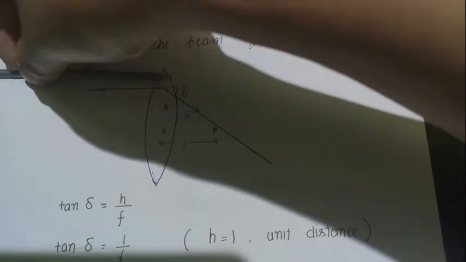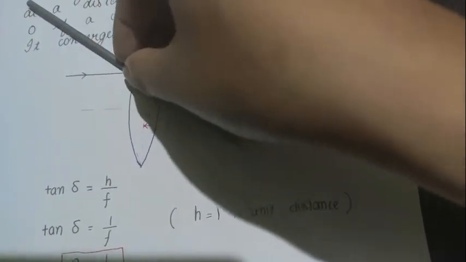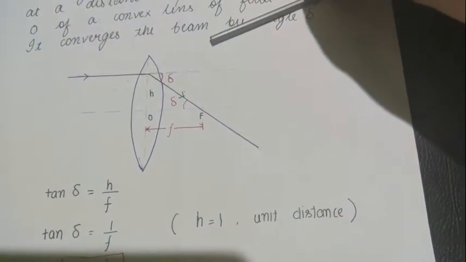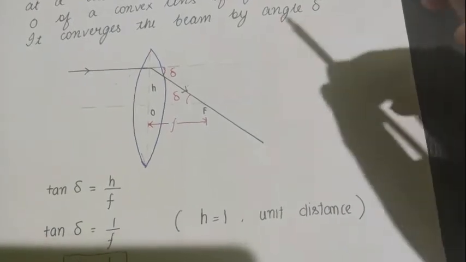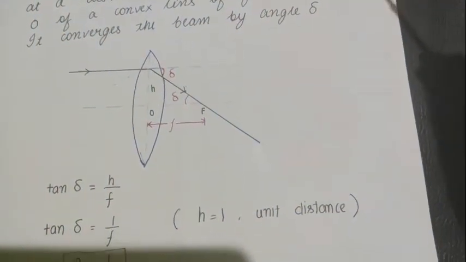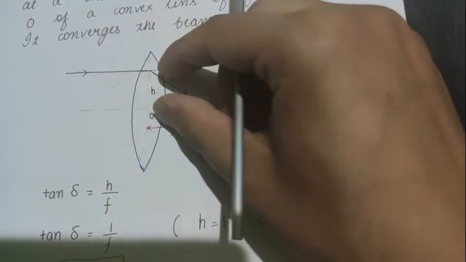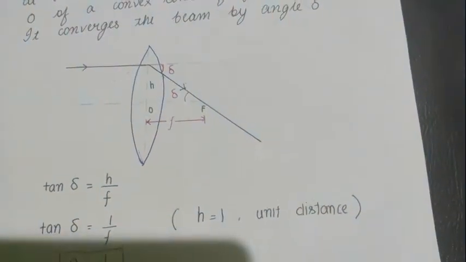This beam is moving parallel, later it moves towards the principal axis, so it is getting converged. Clear? It converges or diverges. Suppose this is your beam of light, it moves away from the straight line, that is your diverges. Converges or diverges a beam of light falling at a unit distance from the optical center O. Okay,